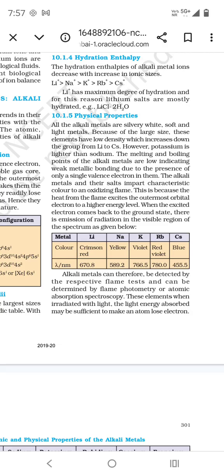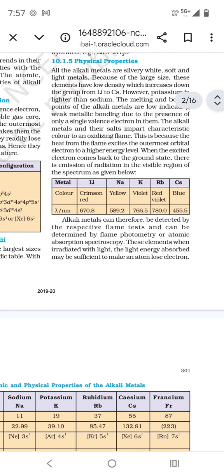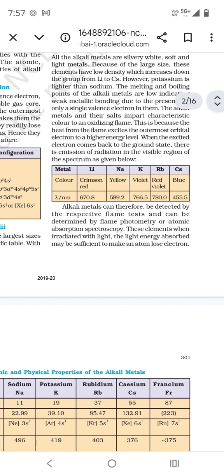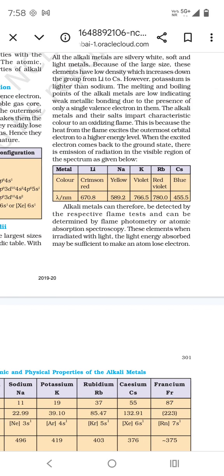The alkali metals and their salts impart characteristic colors to an oxidizing flame. This is because the heat from the flame excites the outermost orbital electron to a higher energy level. When the excited electrons come back to the ground state, there is emission of radiation in the visible region of the spectrum as given below. Alkali metals can therefore be detected by the respective flame test and can be determined by flame photometry or atomic absorption